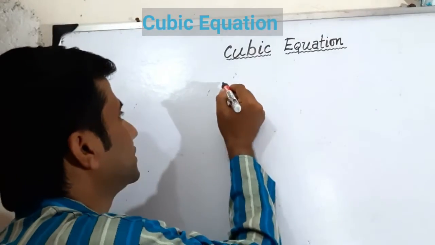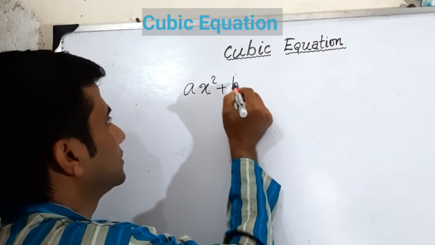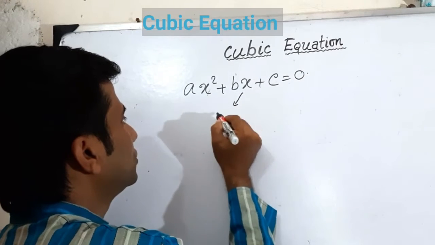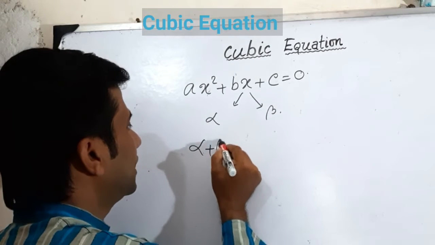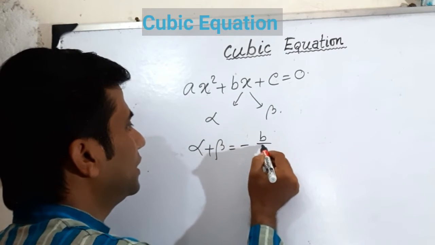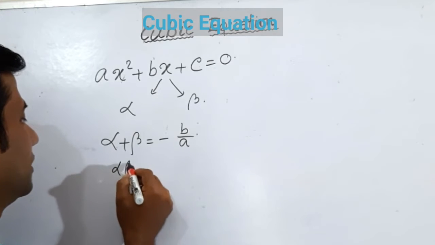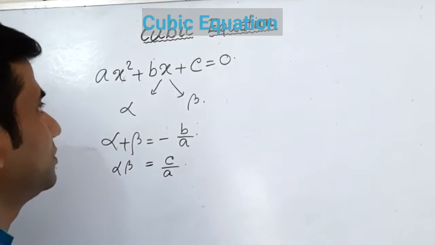From the quadratic equation ax² + bx + c = 0, whose roots are alpha and beta, alpha + beta is equal to -b/a, and alpha beta is equal to c/a. Now if the